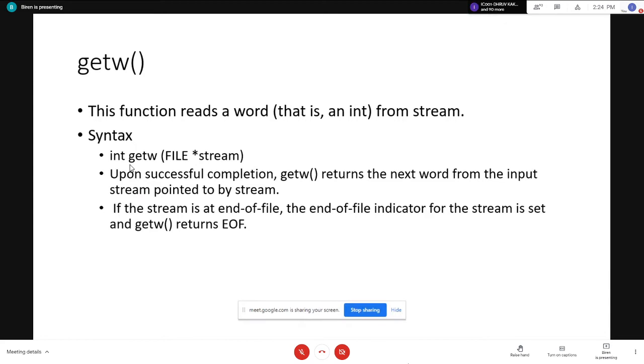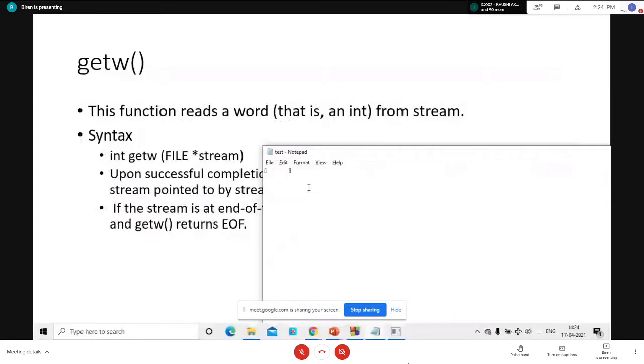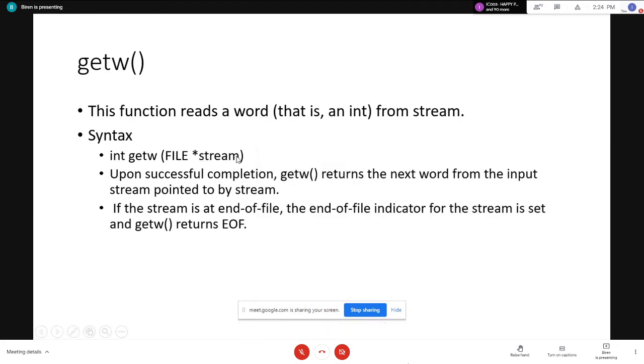If you execute this code, you are not going to observe anything inside this file because this data is written in the form of words. Am I clear about getw, putw, and this technical difference between getc and getw?